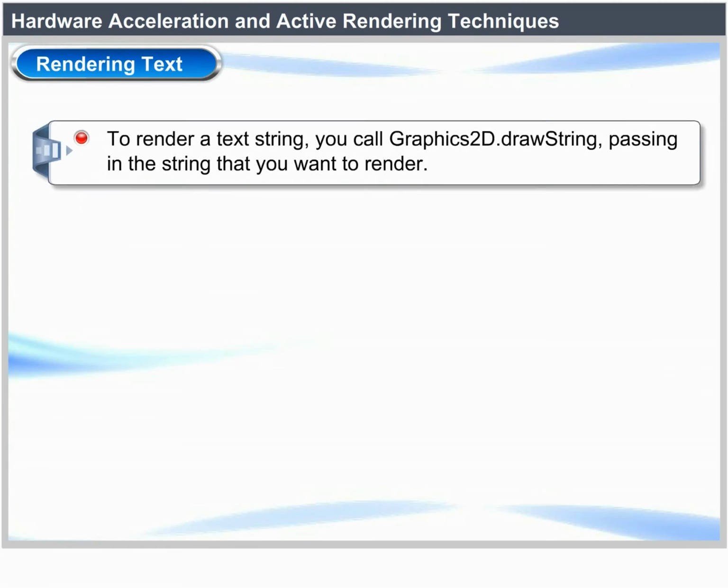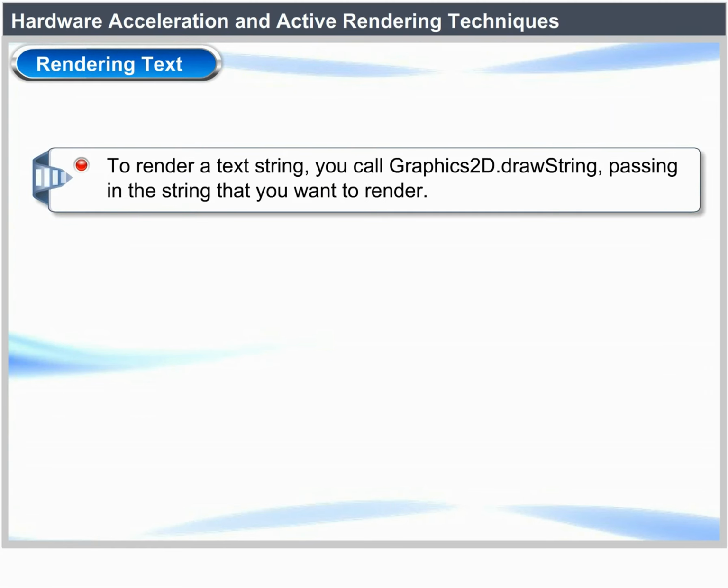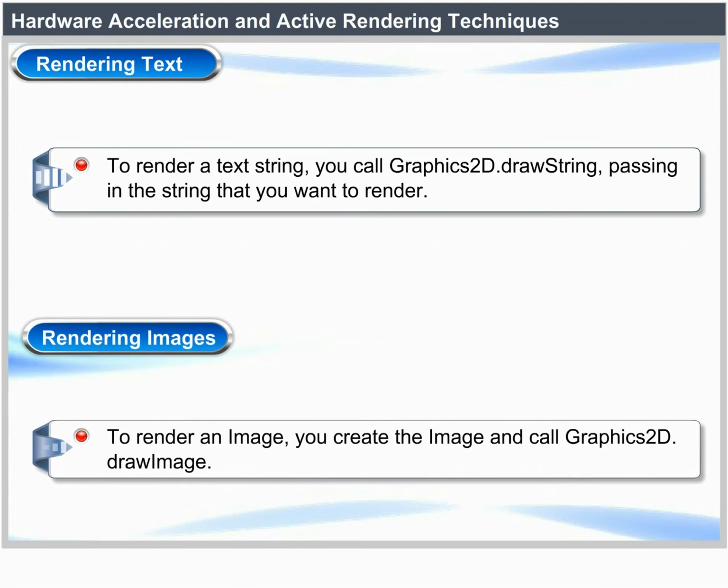Rendering text. To render a text string, you call graphics2d.drawString, passing in the string that you want to render. Rendering images. To render an image, you create the image and call graphics2d